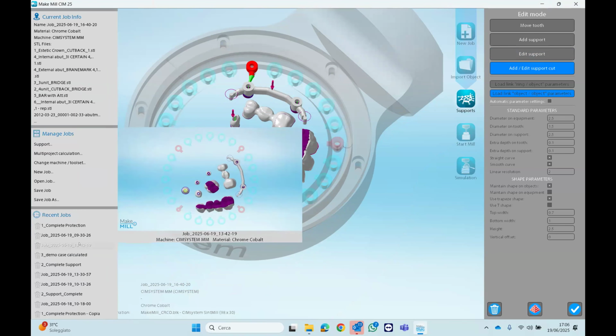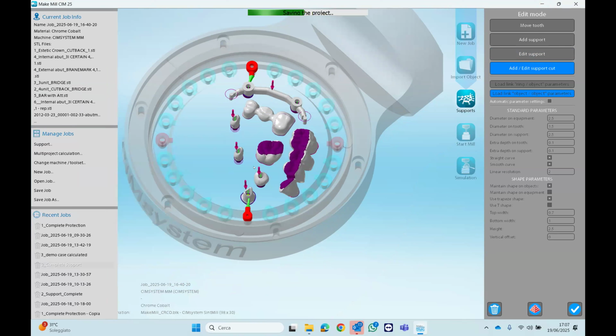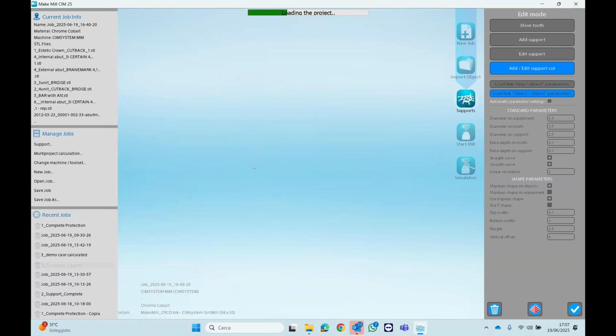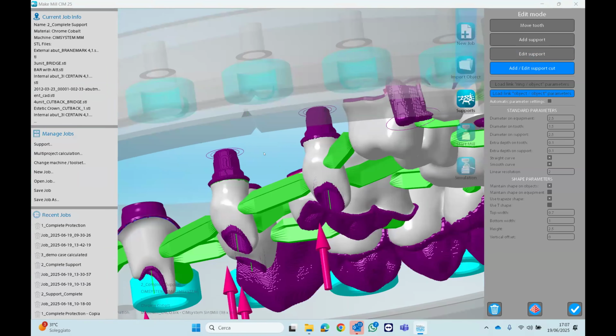I know I have one already completed, so we don't have to stay here and do everything. So, after placing and fine-tuning all the supports, okay,